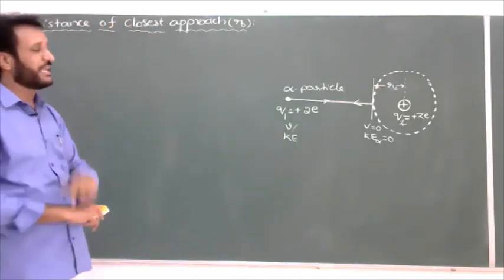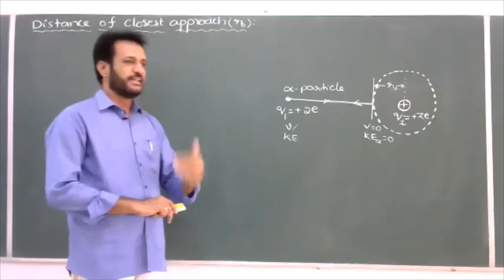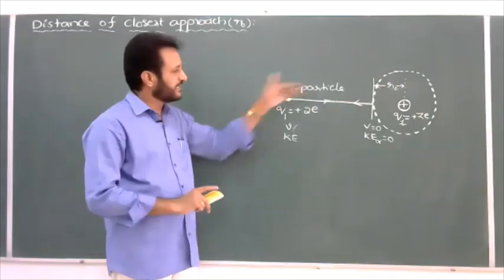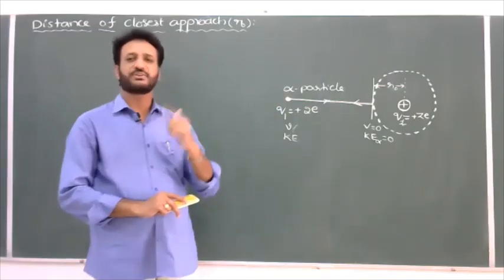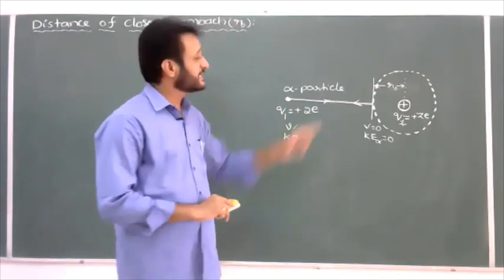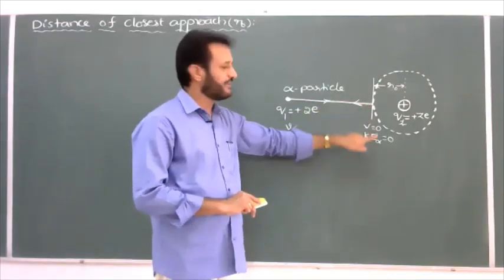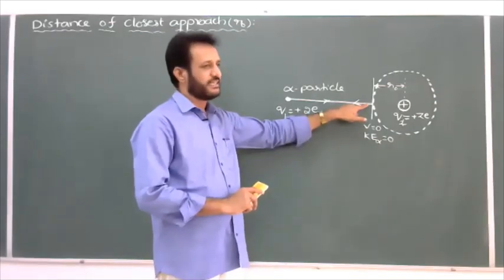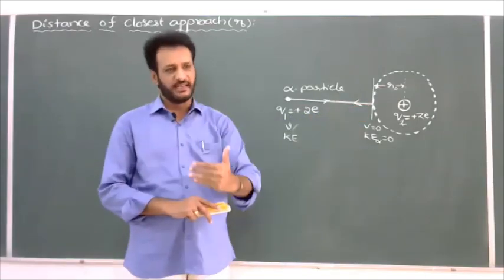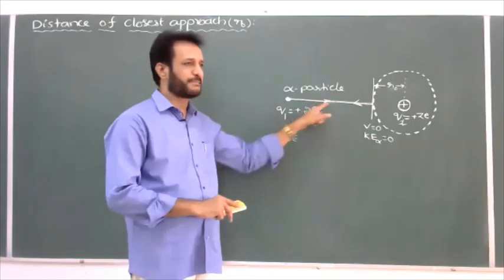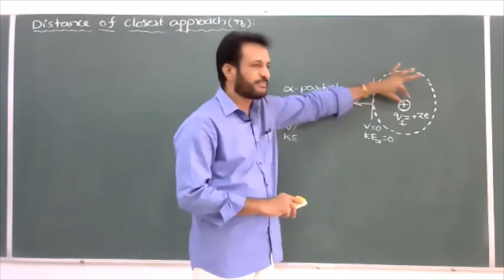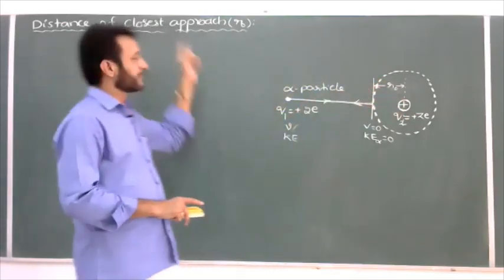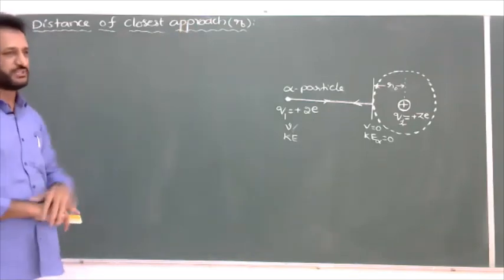So you take the distance of closest approach when an alpha particle is moving towards the nucleus. Because of the repulsive force, its kinetic energy gradually decreases and electrostatic potential energy gradually increases. At a certain moment, the total kinetic energy of the alpha particle becomes zero, and it is completely converted into electrostatic potential energy. At that moment, the alpha particle stops for a while and returns, retracing its path. The distance between the center of the nucleus and the point where the alpha particle stopped for a moment is called the distance of closest approach. That is only a simple definition.